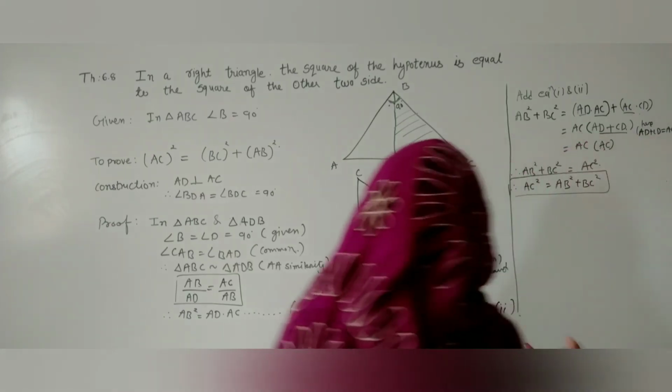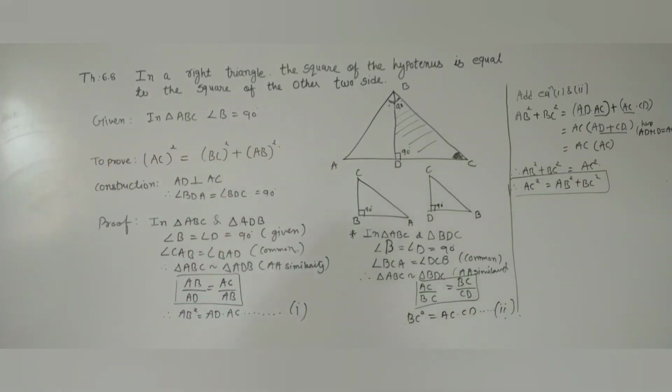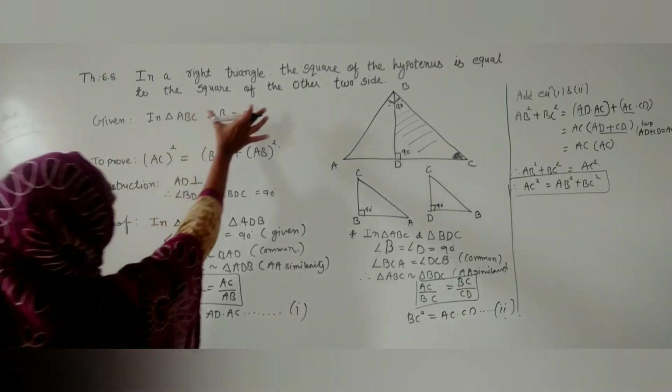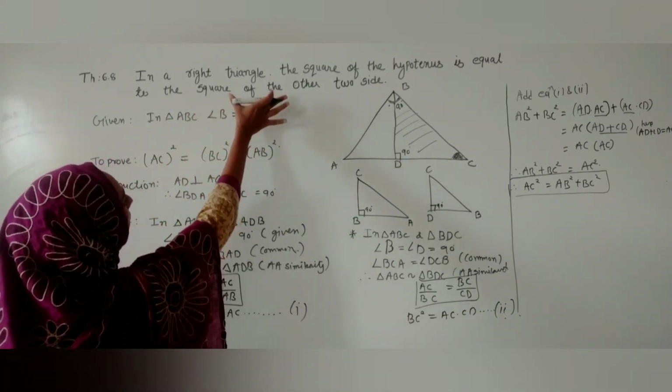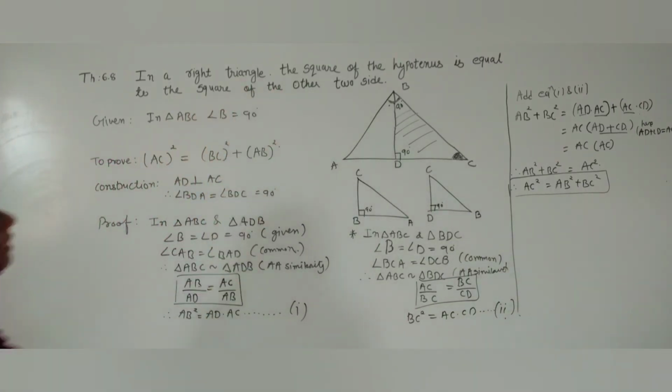This theorem was very easy and the most important theorem for board students, because most of the time they ask this question for 4 marks. But many students do not understand which question is asked. So please read the statement of the theorem. Read it by heart, then only you will understand which theorem is asked, whether it is the Pythagoras theorem or the converse of Pythagoras.